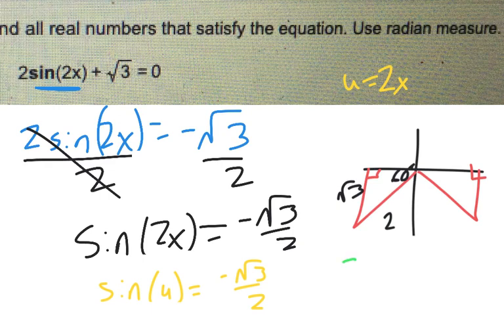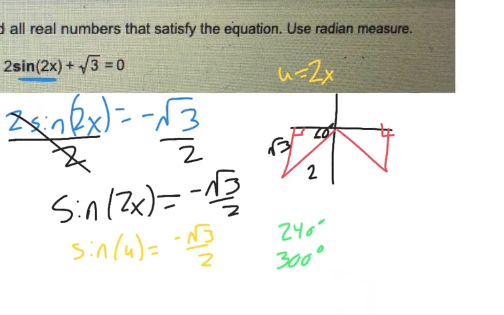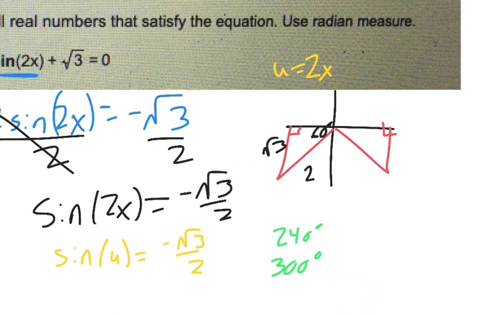So that means I rotated either 240 degrees or 300 degrees to get there. But again, this is the answer if it was u I was looking for. If I'm not looking for u, I'm looking for x. So I have to substitute in. That means that 240,